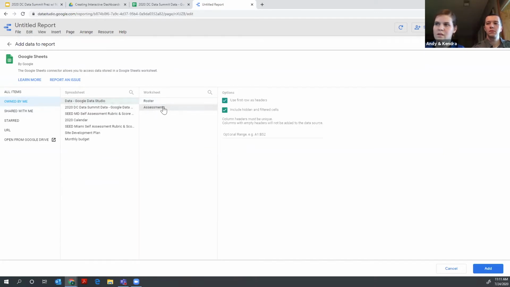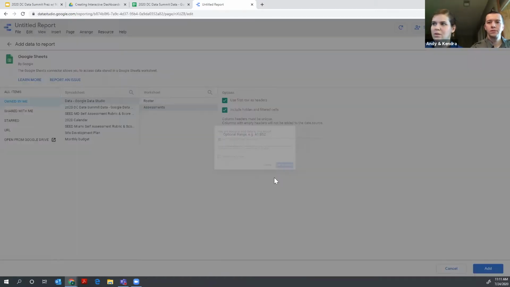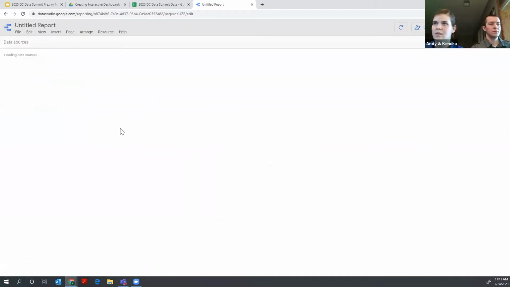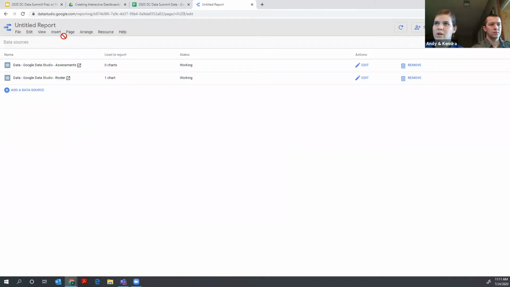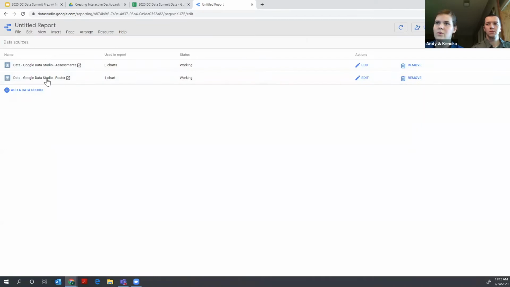If you click this little icon with the arrow, that's actually going to open the data set. So if you want to check that you're in the right data set, you can do that. And we're going to add it to the report. So again, we are in manage added data sources, I believe. We'll double check. If you go to resource, manage added data sources, we see both of our data, and this